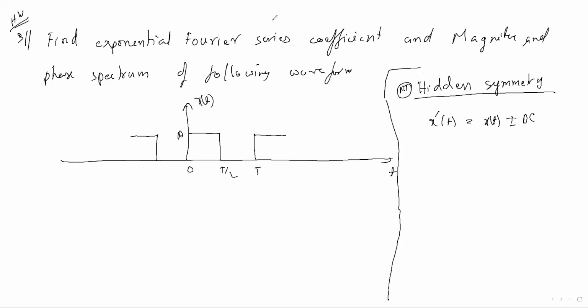Sir, you did not teach us hidden symmetry. Okay, now I am teaching you. Just take note. What is called hidden symmetry? It is something where, by looking at the graph, we cannot say what type of symmetry it is. An even part should be equal on the left and right, and odd will be cross, meaning the third quadrant and first quadrant should be similar. But by looking at this x(t) graph, we cannot say what type of symmetry it is.